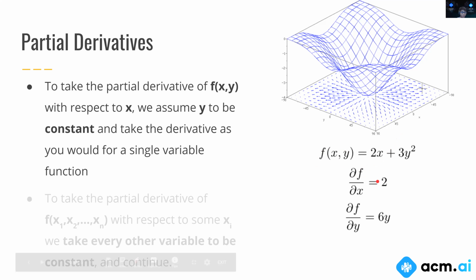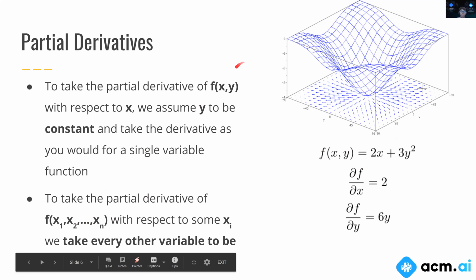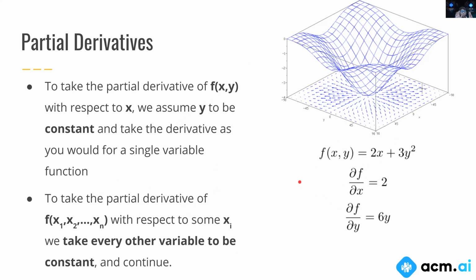Similarly, in the n variable case, suppose instead of just x and y, we had x1, x2, all the way up to xn. In that case, we'd have n different partial derivatives. The way we calculate it is by saying, okay, for now, I want some xi to be the variable I care about. Let's say it's like x10 or something. So I'm going to keep x10 as a variable and keep every other variable constant. By doing that, I can just take the derivative with respect to that particular x.